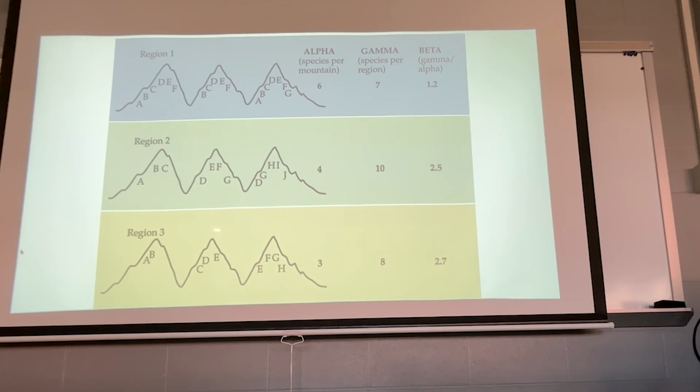That's seen even heavier down here in region 3, where there's a lot more isolation and your number goes up. So the higher the beta number, the more different and diverse individual local communities are in a region, and typically that is maintained through isolation or the prevention of dispersion, and typically natural selection, right, or evolution. So this is one way you could start to compare and look at local versus regional diversity.